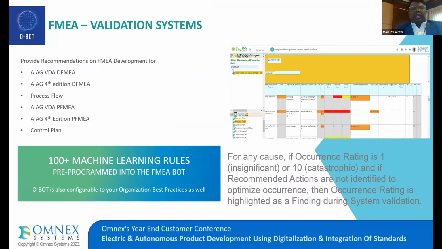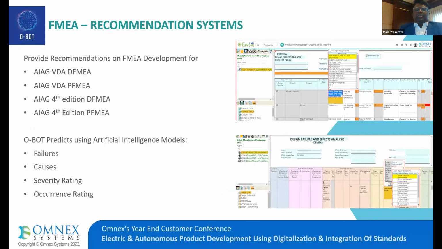Today, we support the AIAG-VDA 4th edition, the process flows, control plan, all these documents today we support. And it comes with pre-built machine learning rules. So you can run those rules on your documents. I'm going to show you some videos on how you can run it on our AquaPro FMEA tool, and it actually gives you all this learning. Okay. The second type of